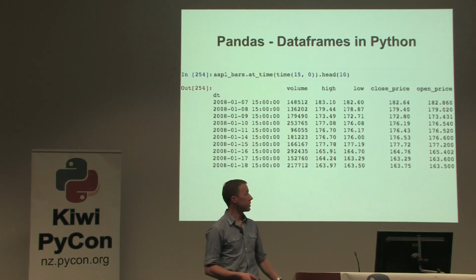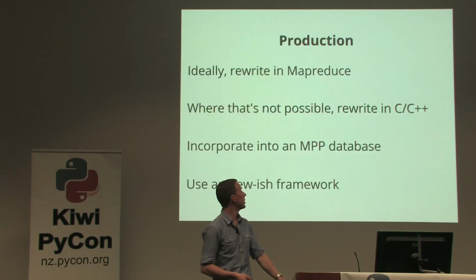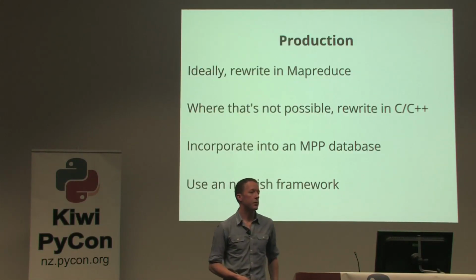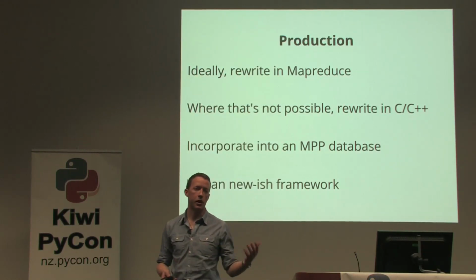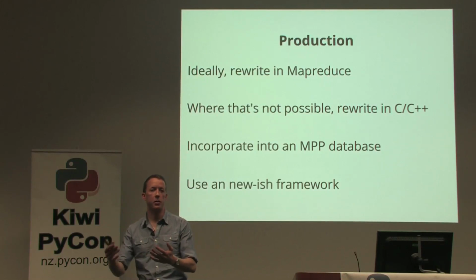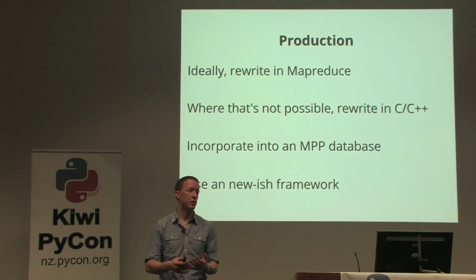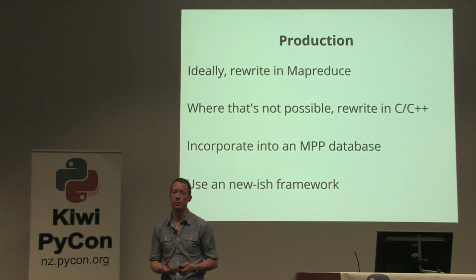We've heard a lot about pandas. That's another amazing library for data analysis. And once you've done all this and you've worked out something that works, you've got some cluster work here, you've got some C code here, you've got some Python code here. If you want to put that back into production, the best way of doing it is to try and take the algorithm and convert it into the Java MapReduce system.